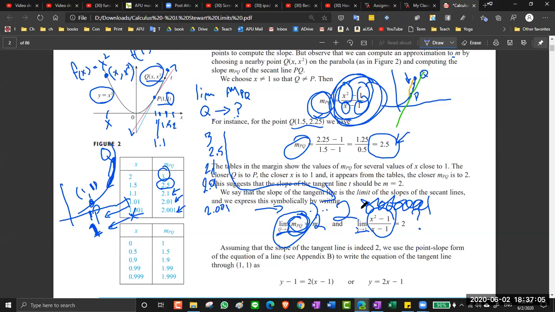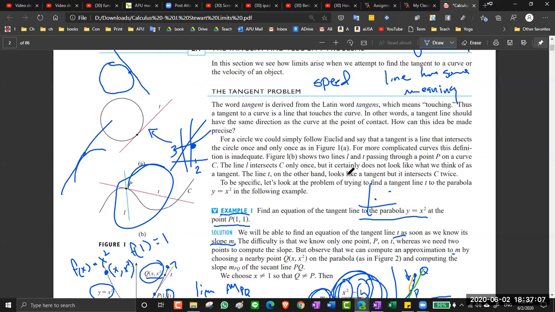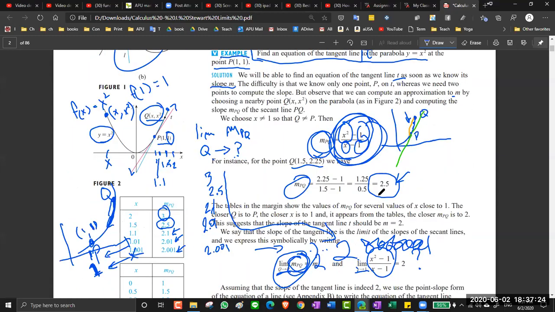Now, if that's correct, the original question was not just to find the slope, but to find the equation of the tangent line, not just its slope. That's a little bit more work, but not much. Once we know the slope, we can probably find the equation. Why do I say that? Because,